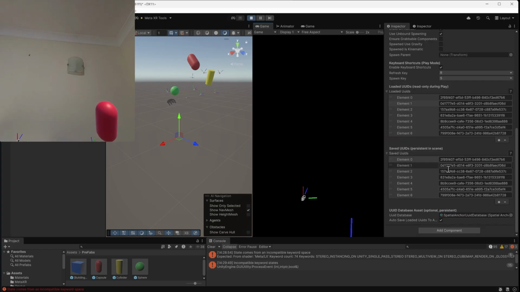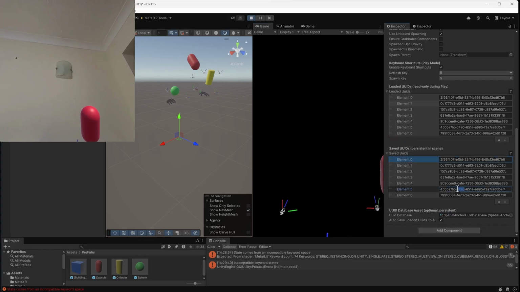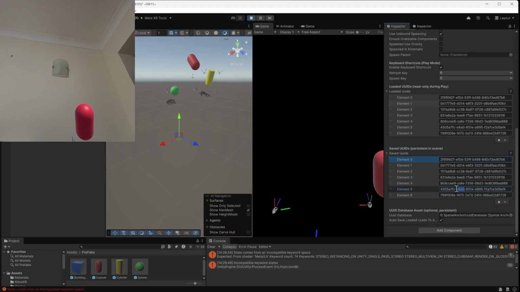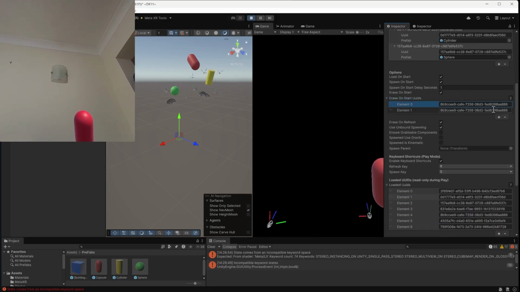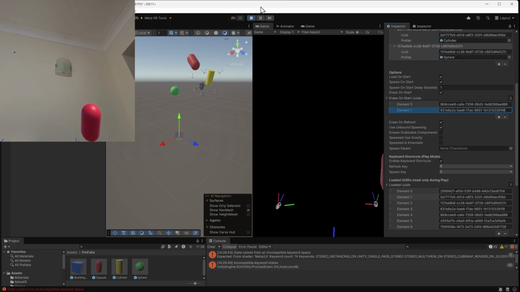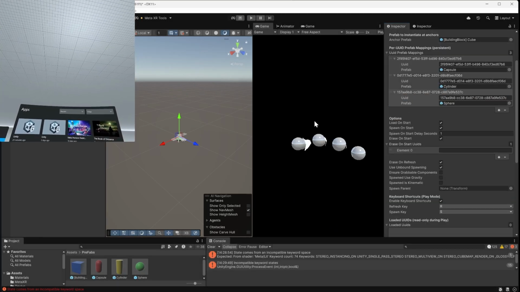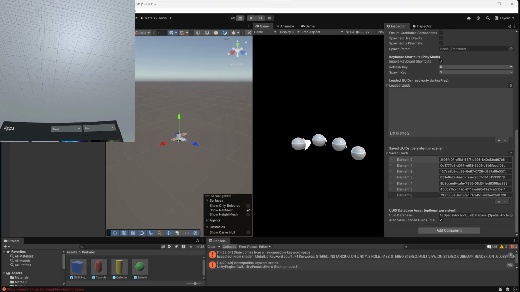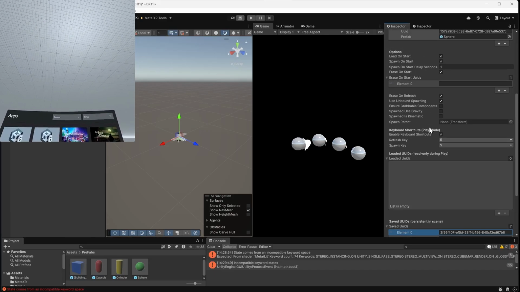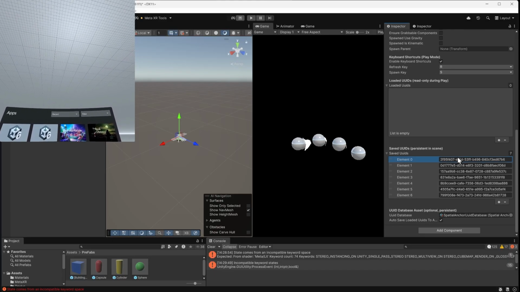So for example, if I want to delete the third one I last put into it, I just put it into this delete list, and also this one I have put in here. You won't be able to save this list because it's in game mode. So all you need to do is go back to Unity, edit mode, and then copy this list, copy the third one, and also the one before that,